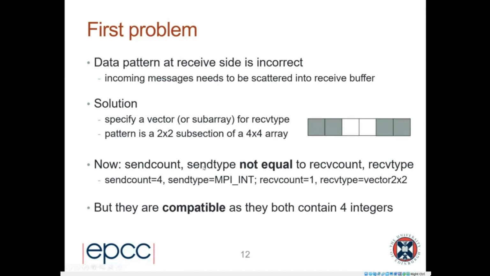So you might be worried here. You might think, surely in MPI, the send count and the send type and the receive type need to be the same. Well, that's not true if you use derived data types. So when you use derived data types, in this case vectors, you can send 4 integers and receive 1 vector,